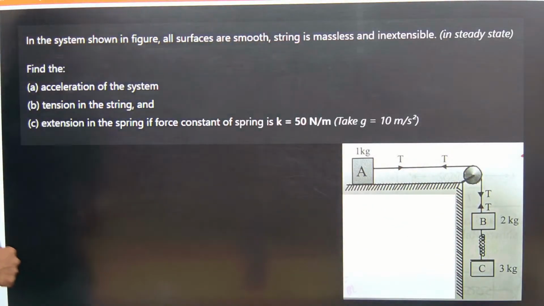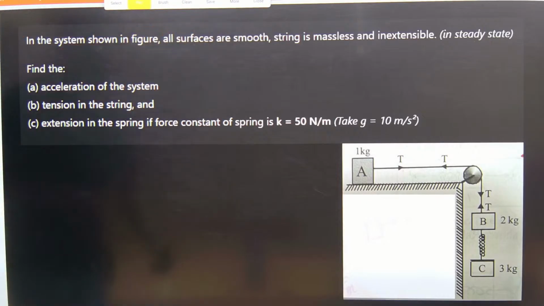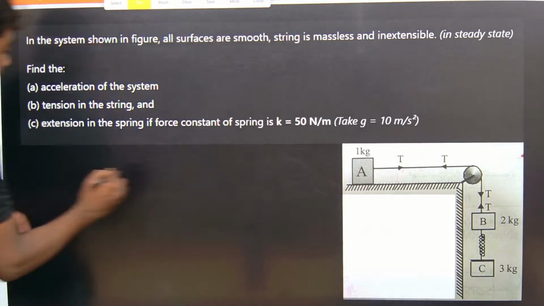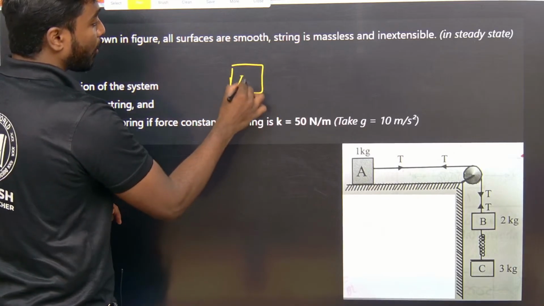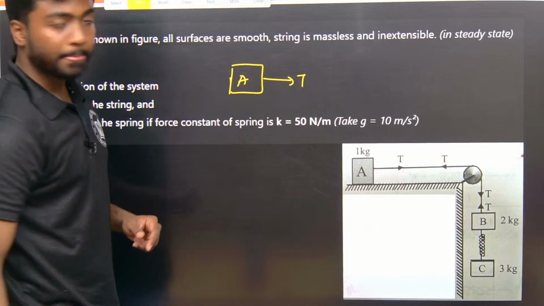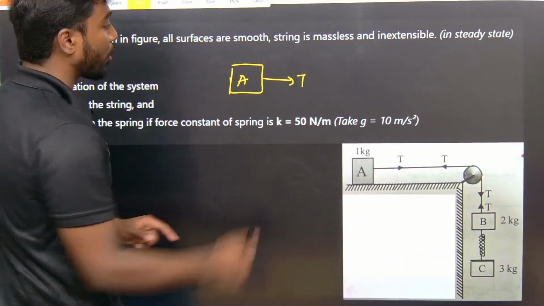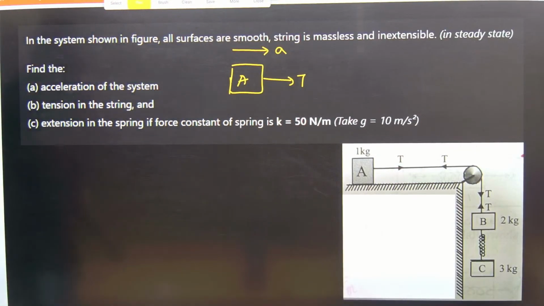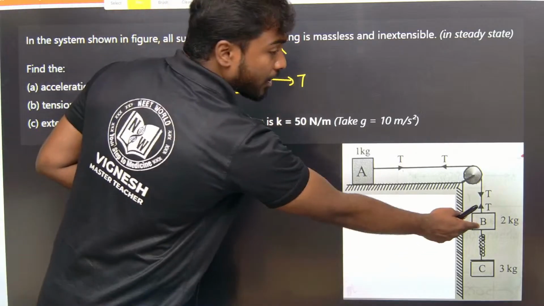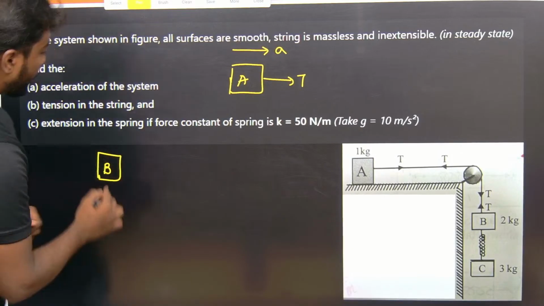So if I take the free body diagram of this figure, for the 1 kg block, only the tension is there. So block A, tension is there, that's it. Obviously 2 kg plus 3 kg, 5 kg is more than 1 kg, so obviously the block will move in this direction. Next, if you go for block B, this is block B where the tension is away